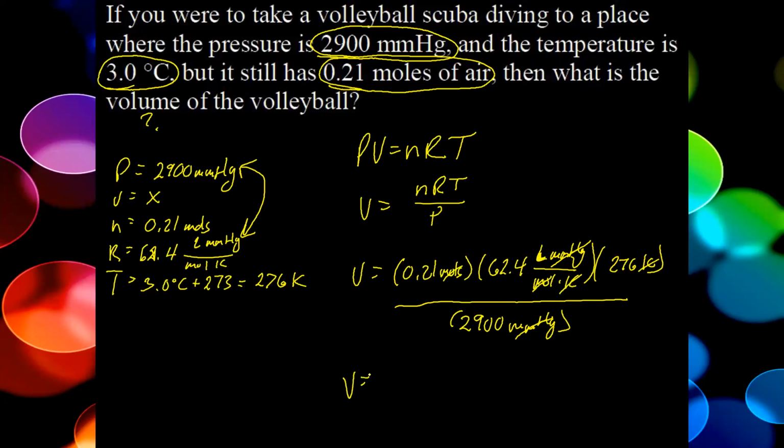So I need someone to take 0.21 times 62.4 times 276 and take all of that after you multiply it and divide it by 2,900. I'm expecting the volume to be pretty small. What do we have? Say that again. 1.247. There we go. 1.247